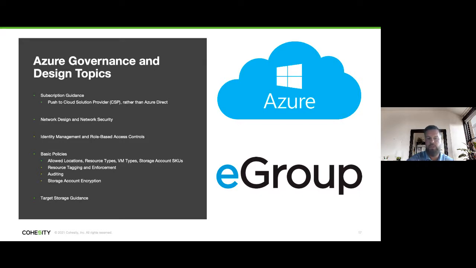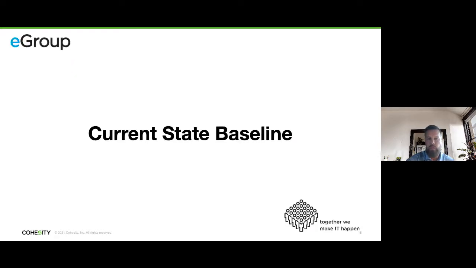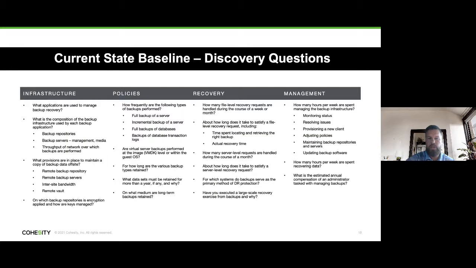So Travis, if you could go forward a little bit there. One more to the current state baseline. So these are the types of information that we will gather during this assessment. Most of the time, we can get this assessment completely funded, whether that's through different programs that Microsoft has to offer. Their new fiscal year starts July 1st, so there's a number of new programs that we can leverage. Microsoft is obviously in an arms race against other public clouds.